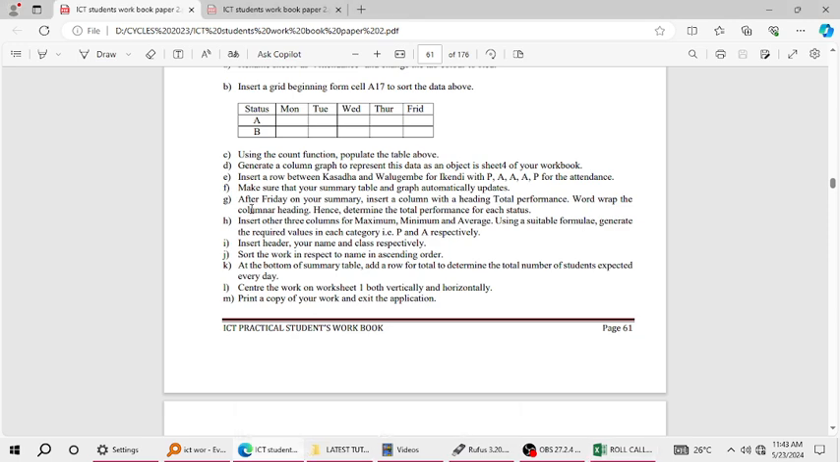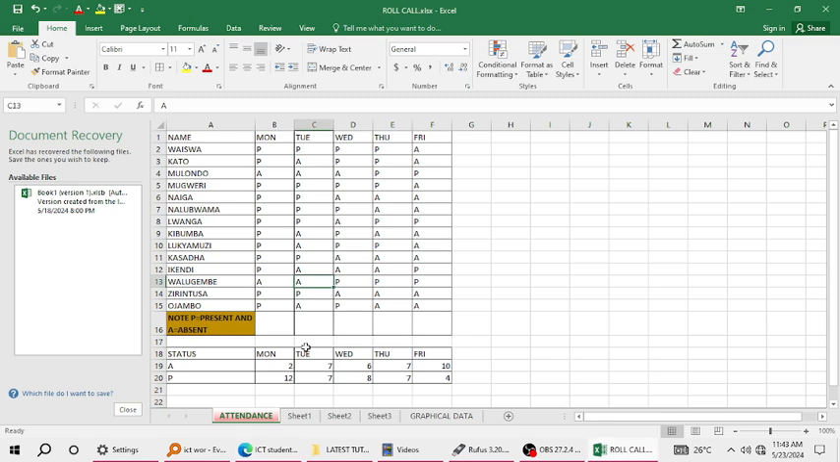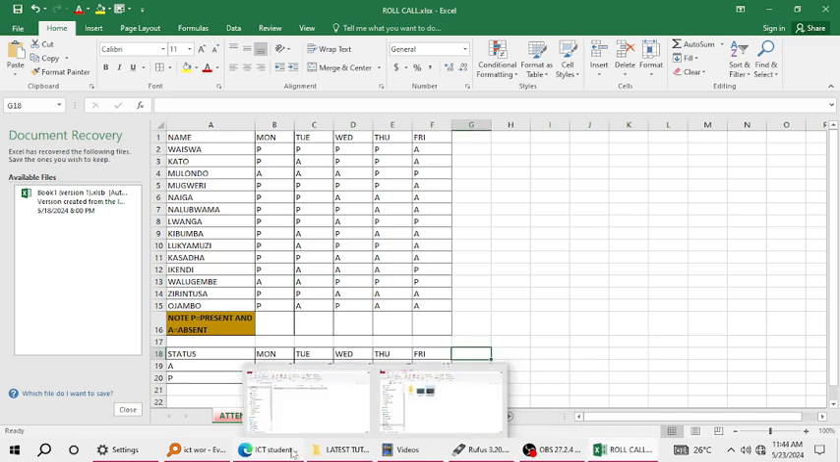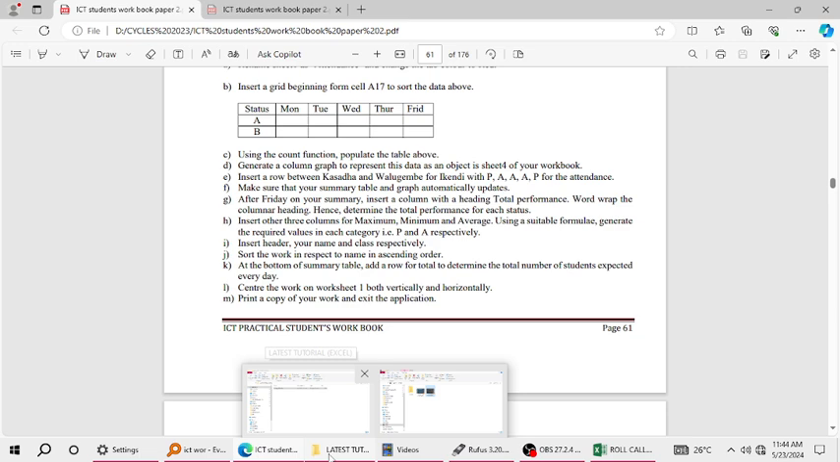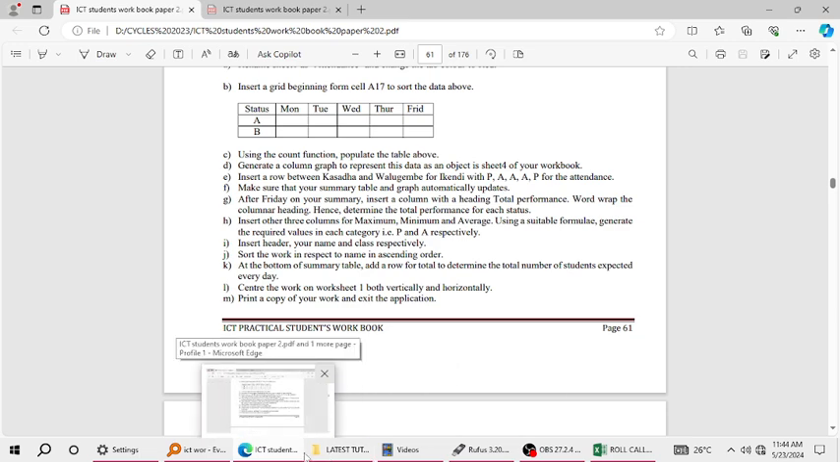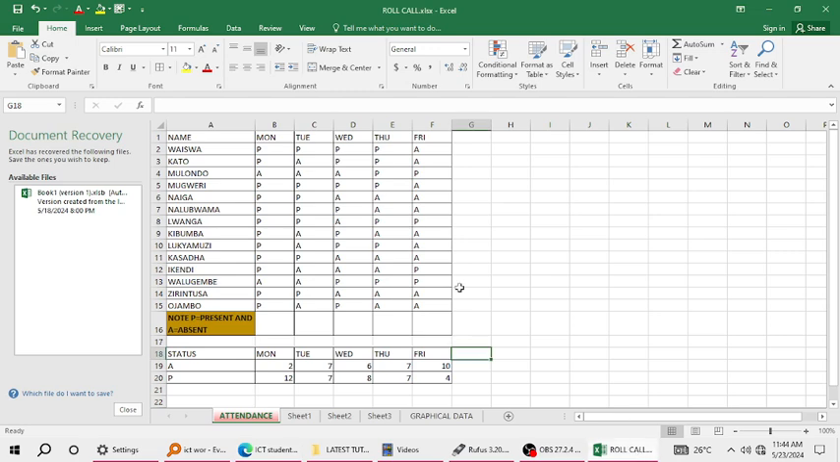Then next, after Friday on your summary, insert a column with the heading total performance. So after Friday in my summary, it's right here. They're telling me to insert a heading total performance, word wrap it, and determine the performance for each status. So I'm going to insert a heading total performance, and then word wrap it, and then determine the total performance per status. So I'm going to put total